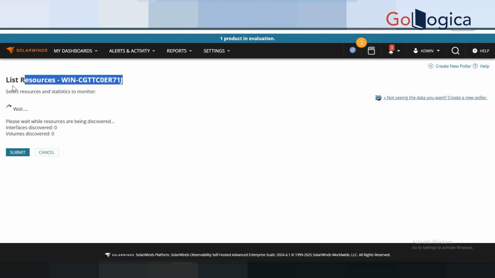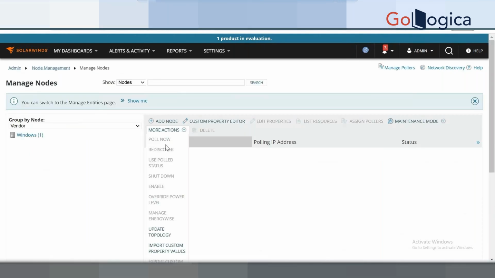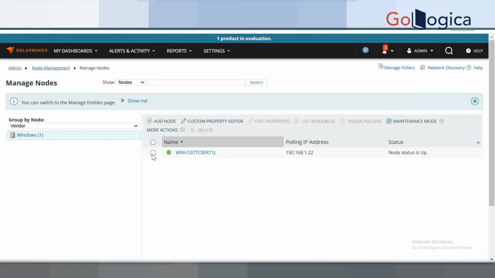Okay. If you don't want virtual memory or some unwanted things to be monitored from this server, you can unselect it from here in the list. How do we reach here? What are the steps to see this? Just go to manage nodes,